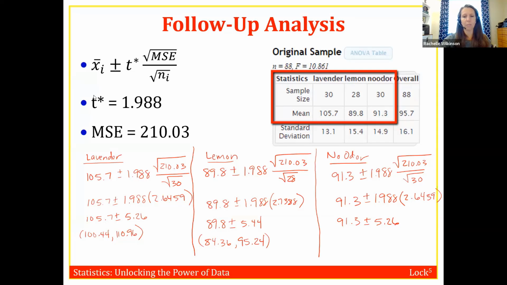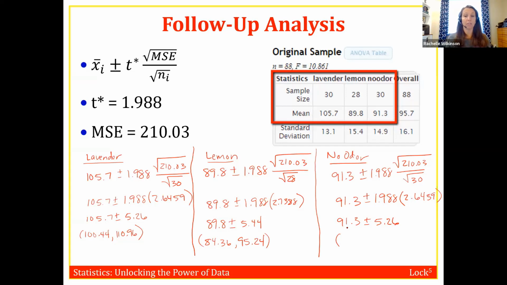Why do they have the same margin of error? Just got lucky, or is there a reason why they would have the same margin of error? What's the same about no odor and lavender that's different from lemon? The sample size, exactly. So if you have groups that have the same sample size, then they'll have the same